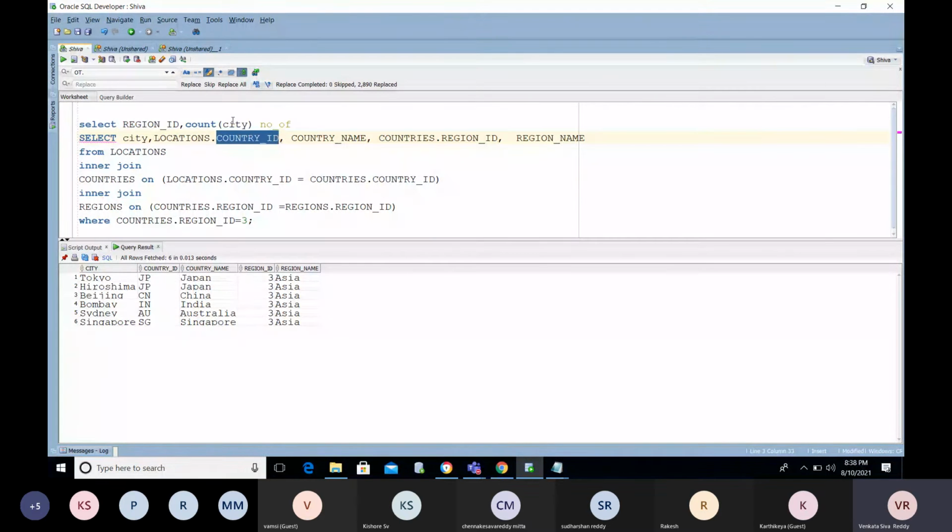How many countries do I have, and inside the country how many cities do I have? I need to understand. So number of countries. Now I need count of city, number of city.